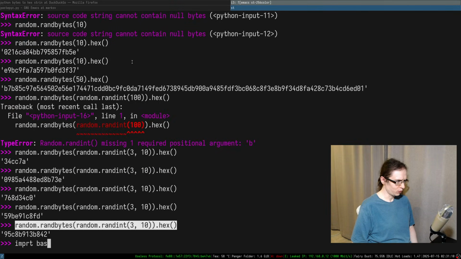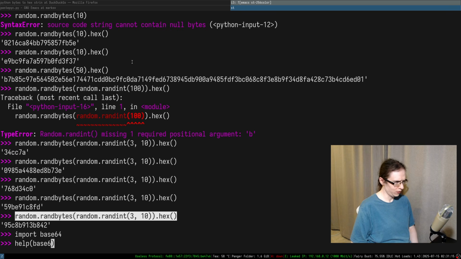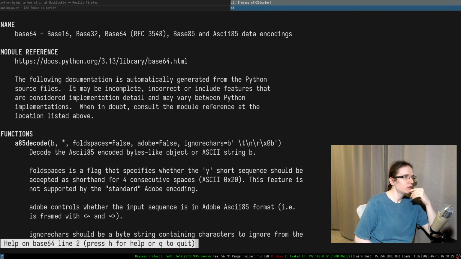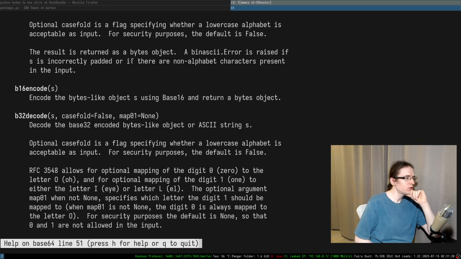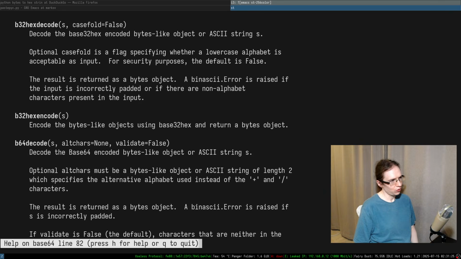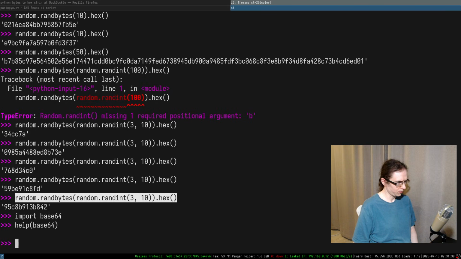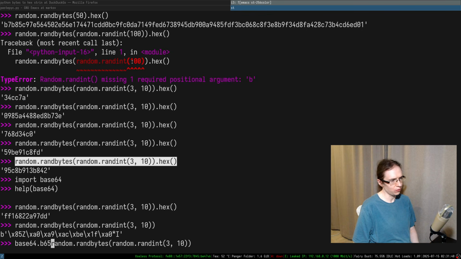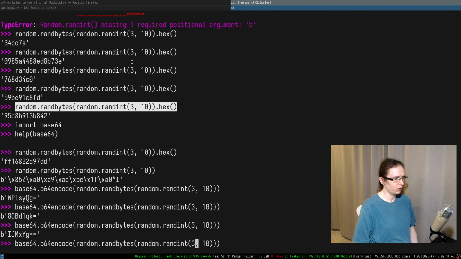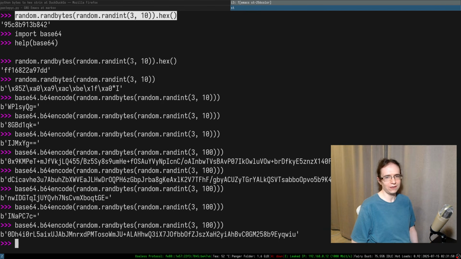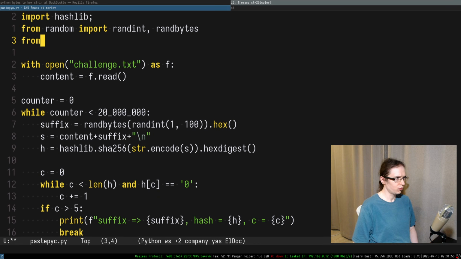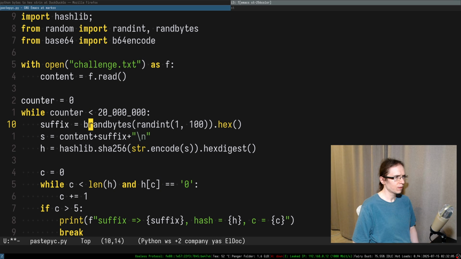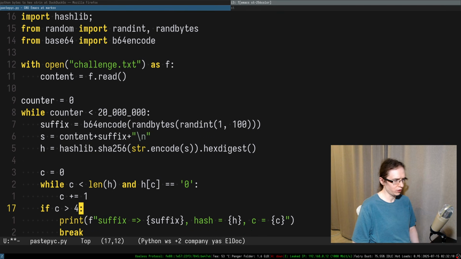All right, so how do you do base 64? Do you just have base 64? You do. All right, so base 64. So functions. There's a lot of things. Okay, so I suppose there's a b64encode. Right, so random bytes, and let's not hex this entire thing. Let's do base 64 b64encode. Yeah, so this is roughly what we want to be doing. Base 64 in my opinion is just better for encoding this. From base64 import b64encode. b64, not 65, 64 encode. Yeah, so let's start with just 5, how quickly you can find